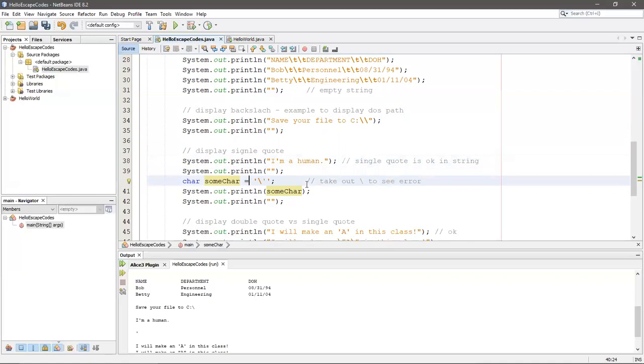We haven't gotten over the char data type yet, so this is just something to watch for. But basically, the idea is this: if I get rid of the backslash here, which is the escape code, I am trying to put a single quote that's enclosed in single quotes. Very similar to, say, for example, if it were double quotes. You can't do that. So a char, for the sake of definition here, is a variable that can hold 1